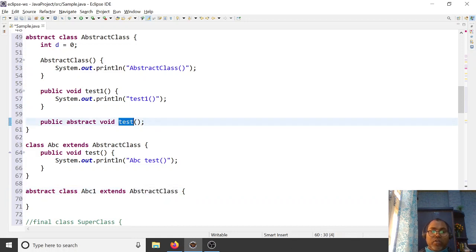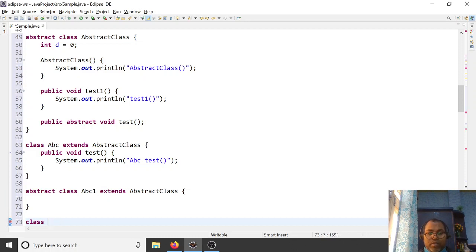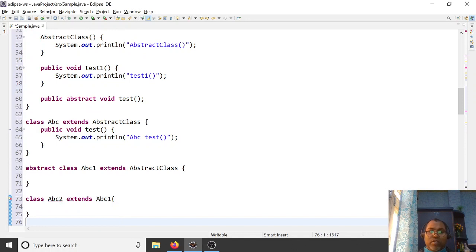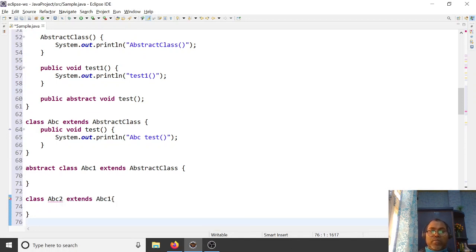Maybe class ABC2 extends ABC1. If you are not defining the test method, which is inherited, then you have to define it there as well.